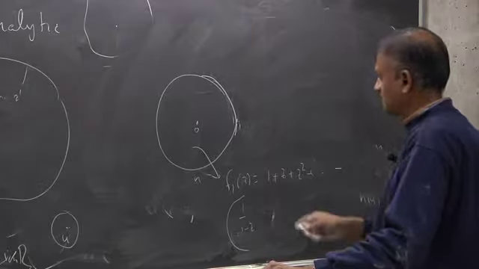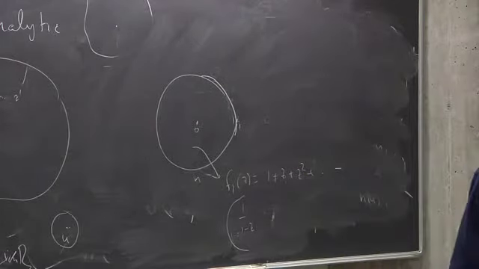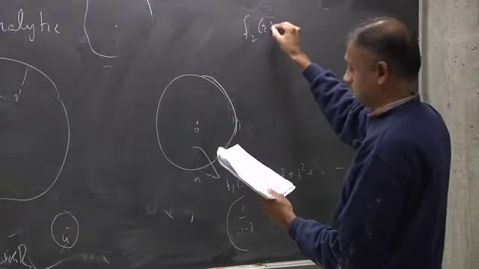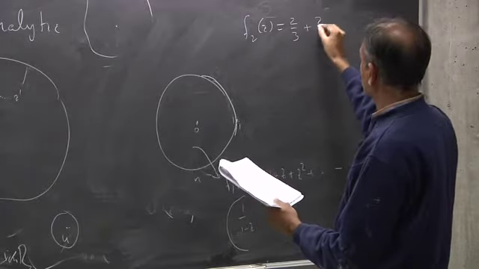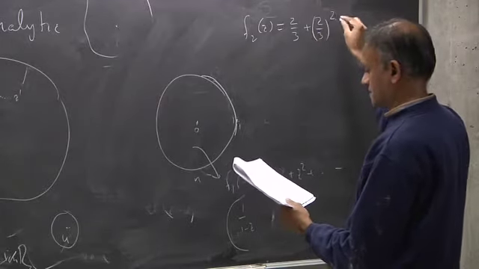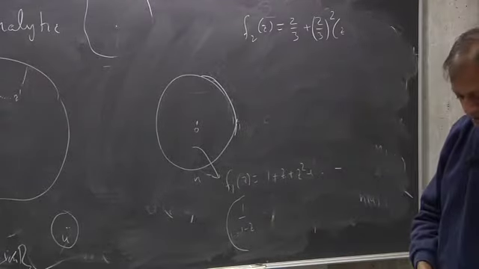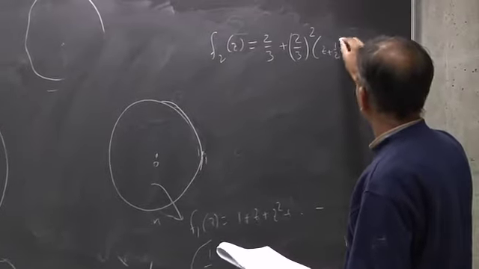Yeah, so let's say z plus half. So in fact, it is given here, this example. So consider this series now, f2 of z, which is 2/3 plus 2/3 square times z plus half, z plus half square, z plus half